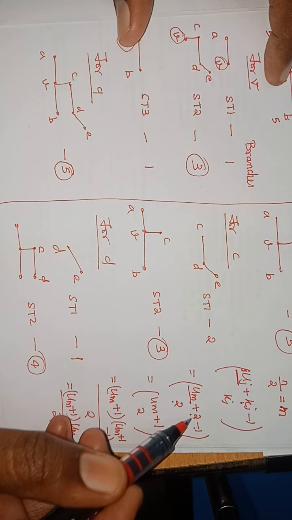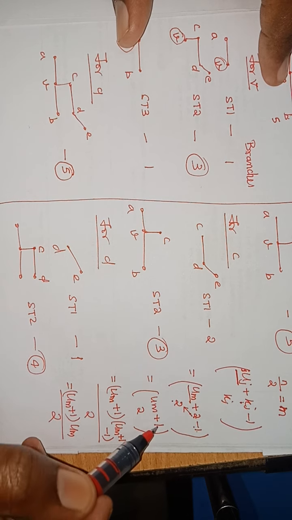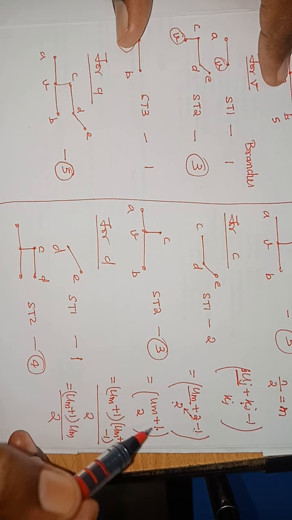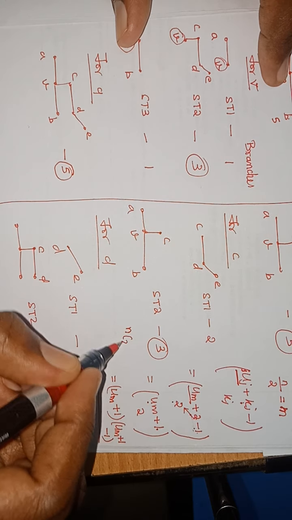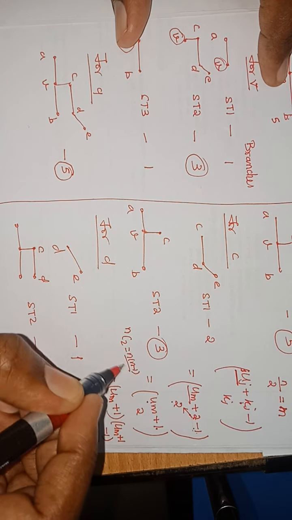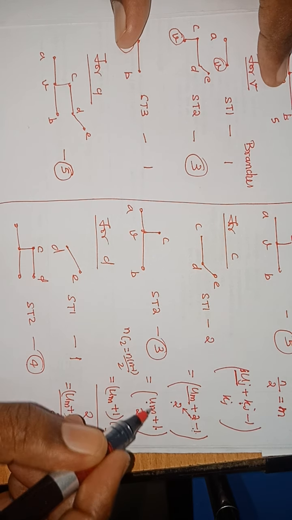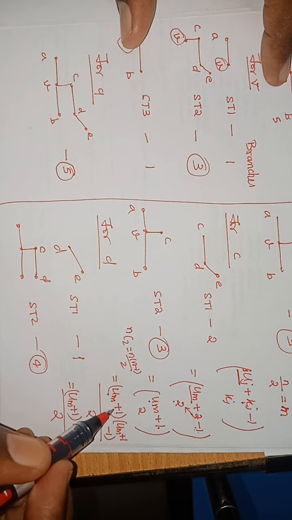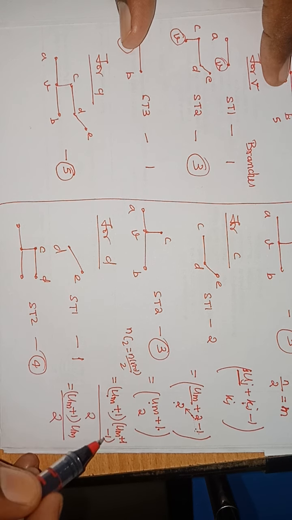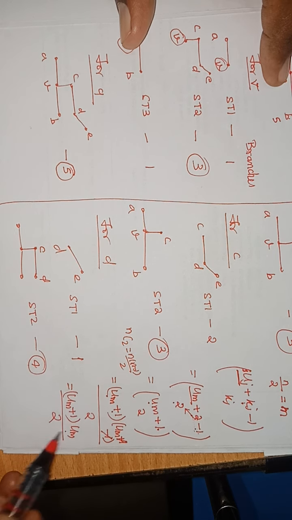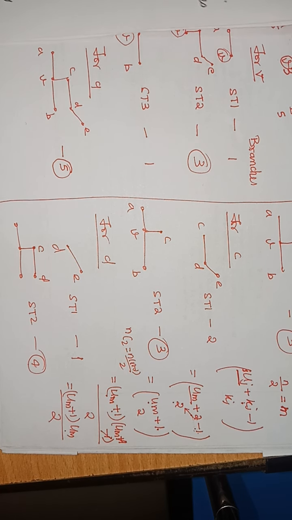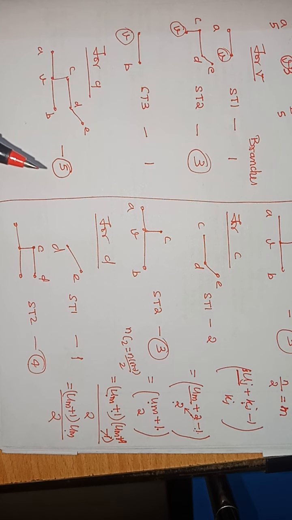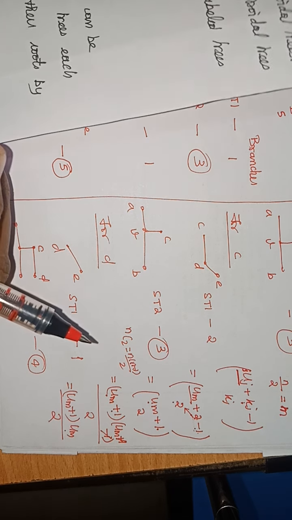Minus 1. The first repetition, 2. 2 minus 1 is 1. This is not a suffix. Um plus 1 choose 2. What is nC2? n into n minus 1 by 2. What is n here? Um plus 1. So um plus 1 into um plus 1 minus 1 by 2. Plus 1 minus 1 will get cancelled. Um by 2. So you will be getting this many bicentroidal trees for a given even number of vertices graph.